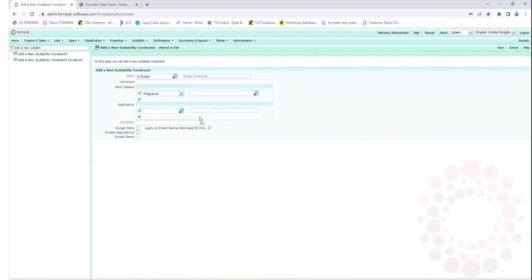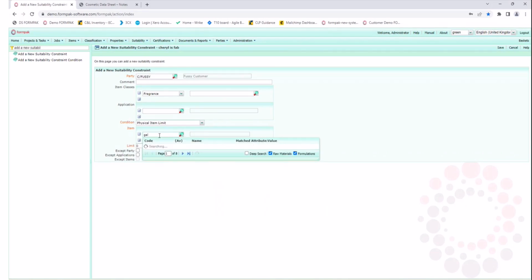So this would be a base item and the condition. So we're just going to add a simple suitability constraint. So we're just going to add it to the physical item. So it's going to be physical item limit. And then the item is going to be galaxolide, 50% DEP. And then the limit is going to be 0 because we don't want anything in there. So if we save that,